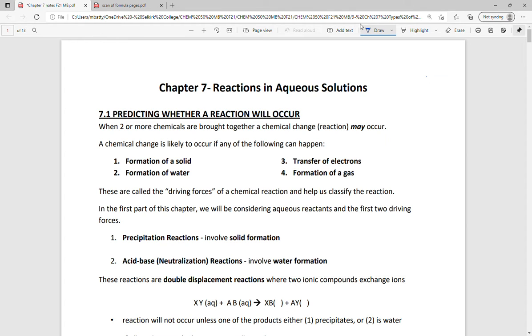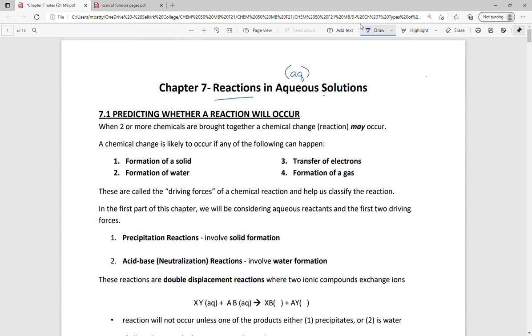So chapter 7 continues to build on our understanding of chemistry. We've gone through nomenclature, we've gone through writing balanced chemical equations, and now we're going to talk about different kinds of chemical equations. So we're going to talk about different reactions, and all of the reactions are going to happen in aqueous solutions. So we know that an aqueous solution, we would write with an AQ behind it, like all